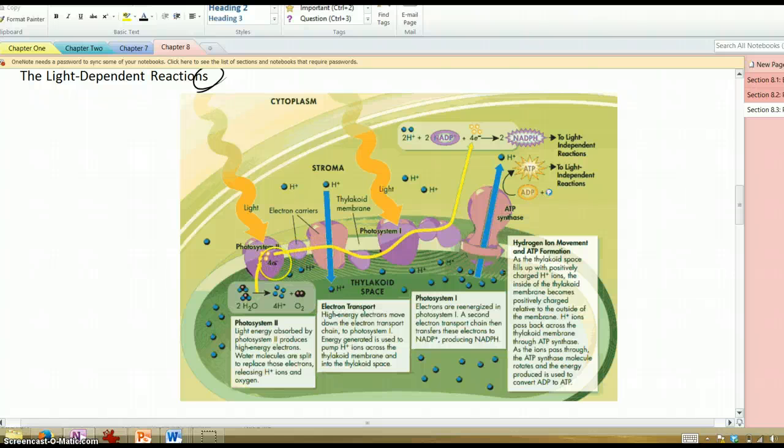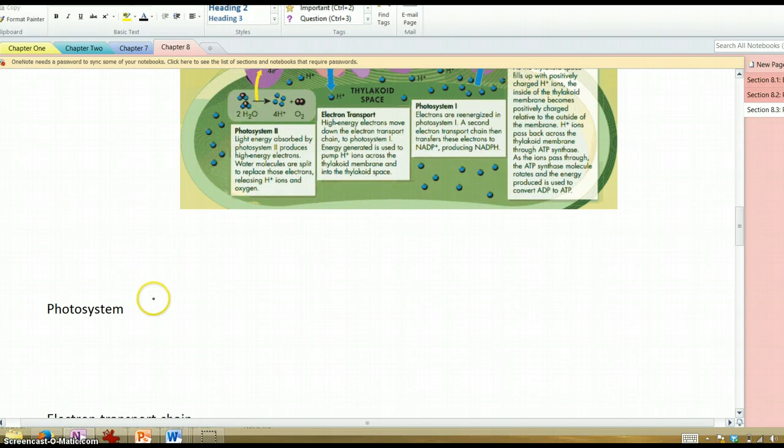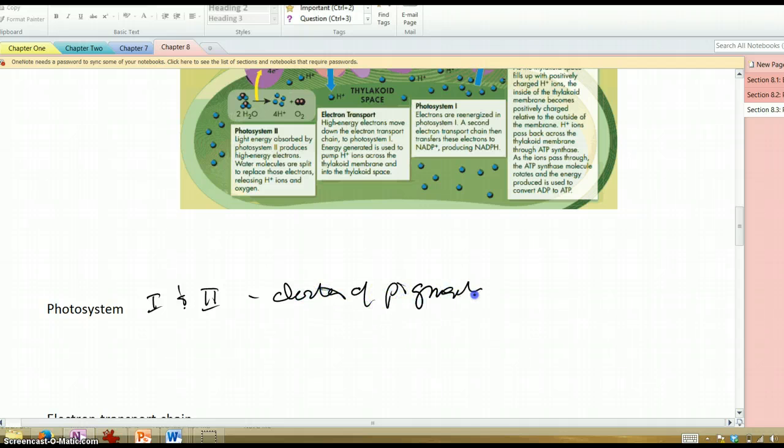So we have what we call photosystems, okay, and there's two of them here, photosystem 1 and photosystem 2, and they work together. And there'll be other groupings of these photosystems on the thylakoid, but we'll just look at one cluster of them. And again, the photosystems work together to harness sunlight energy. So there's photosystem 1 and photosystem 2, and they are basically a cluster of pigments, chlorophylls, xanthophylls, carotenoids, etc., that basically gather sunlight energy. Okay, so they absorb that sunlight energy,